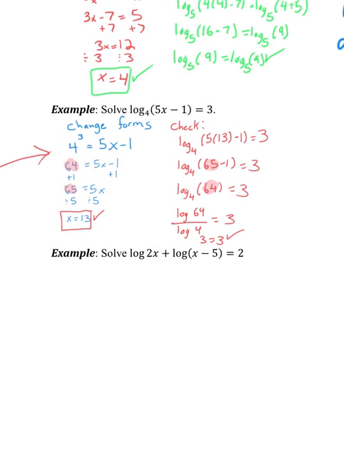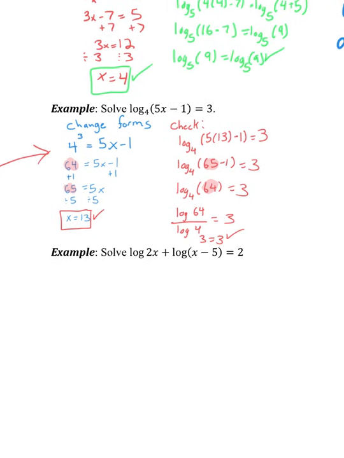Last example here. This one is the toughest one by far. It's got 2 logarithms. They're both base 10, but they're both on one side of the equation. So this is where the condensing comes in handy. It's going to be a lot easier to deal with a single logarithm than it is dealing with 2 separate logarithms. And because I have 2 logarithms that are being added together, I can write that as